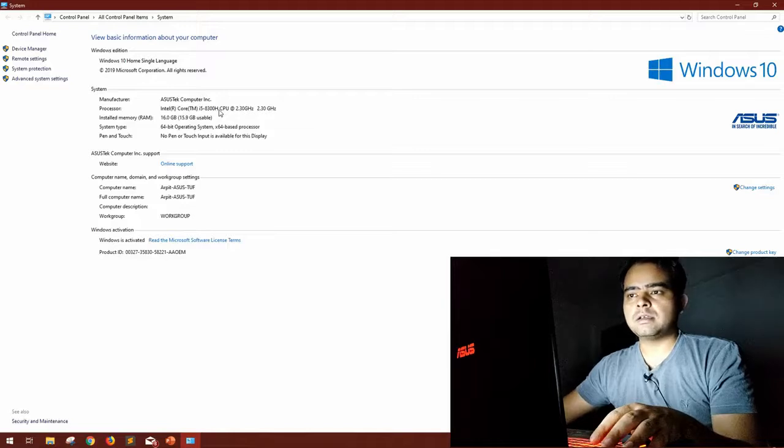But these days you might see CPUs with 8300H and 8250, some other model that ends with U. So U is a bit underpowered CPU and H is for high-end graphics. Mostly in the gaming laptops, you will see these H CPUs. So the H version is always better, just keep that in mind. And this is the frequency or the clock speed, 2.30 gigahertz. The more this number in the same generation, I'm telling, in the same generation, if you find the number is more, the better the CPU.